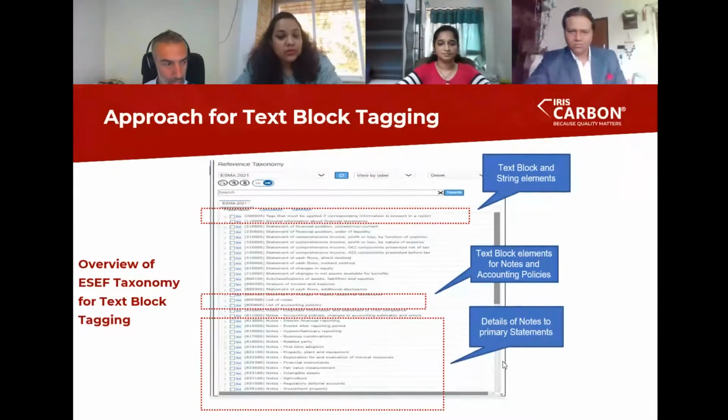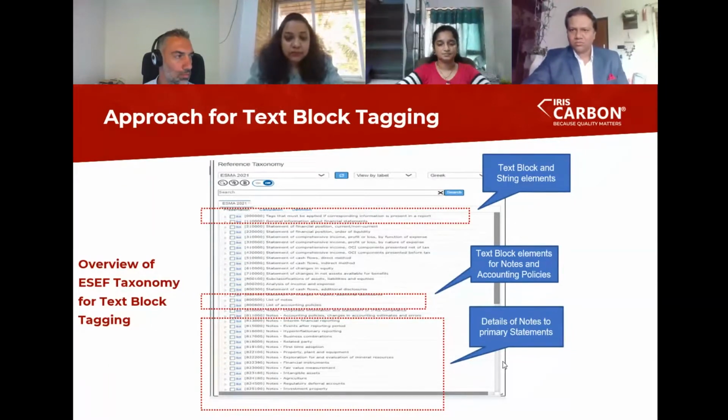Going further down, we have details of notes to primary statements. For example, if you are tagging a business combination note, in role 817000 you will be able to find all the elements related to business combination. This will make you search for the element more easily.